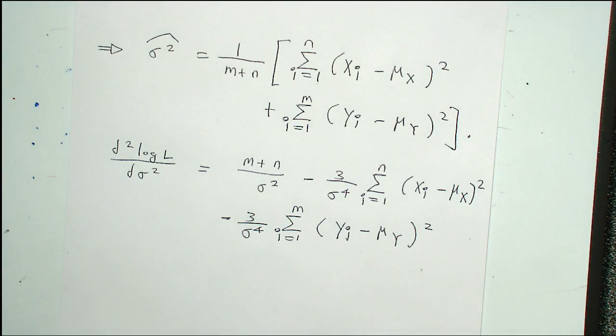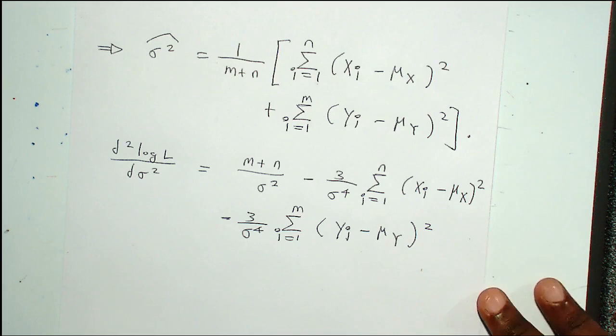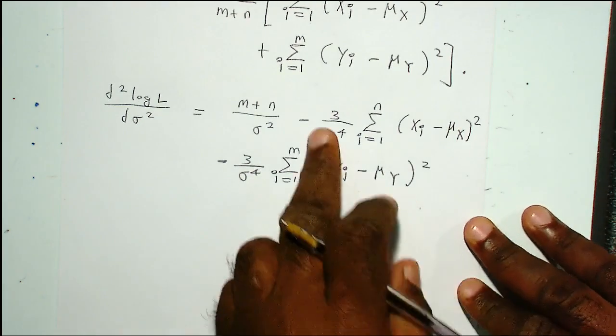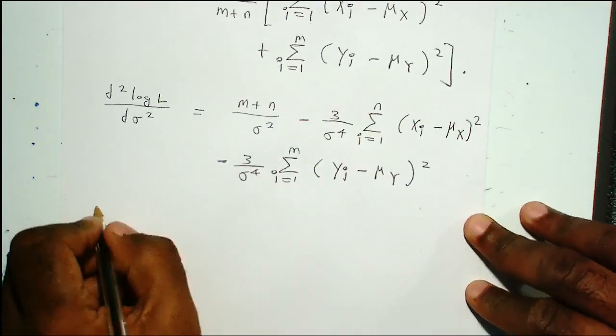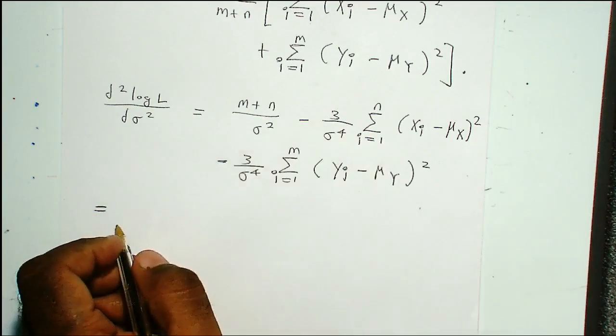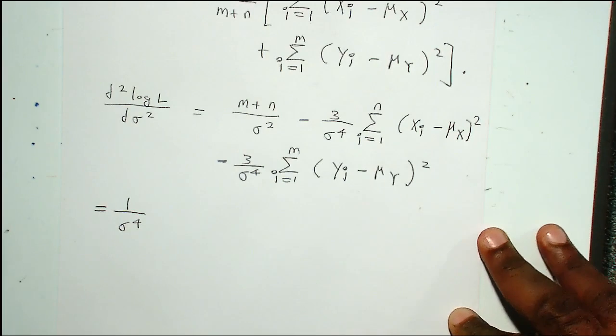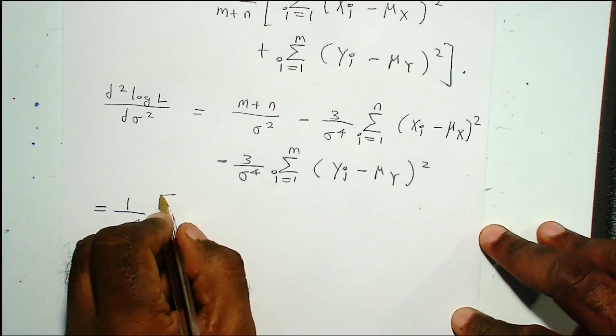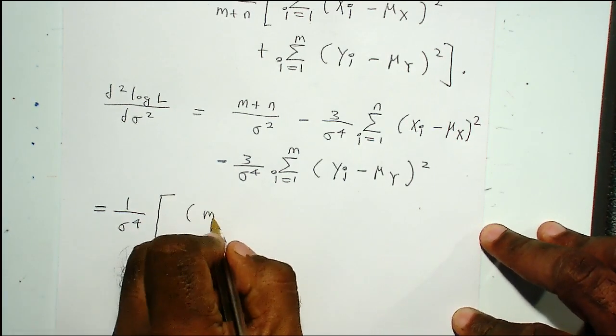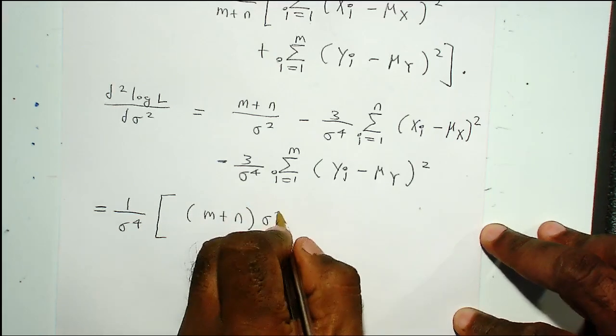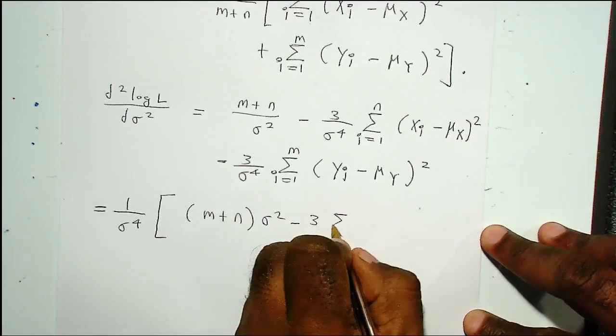Now, how do we show that this is negative? Any ideas? We need to show that this is a negative number. So let me show you how to do that. To do that, I'm going to pull out this factor, and if you pull out this factor, you have m plus n sigma squared minus 3 times